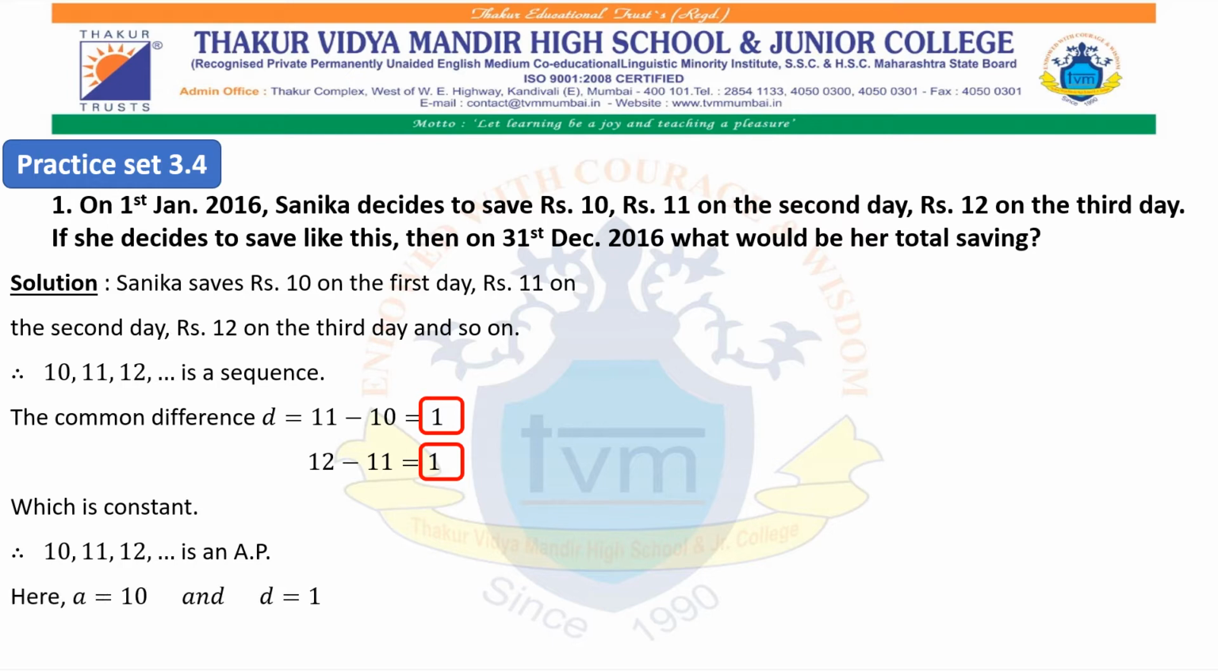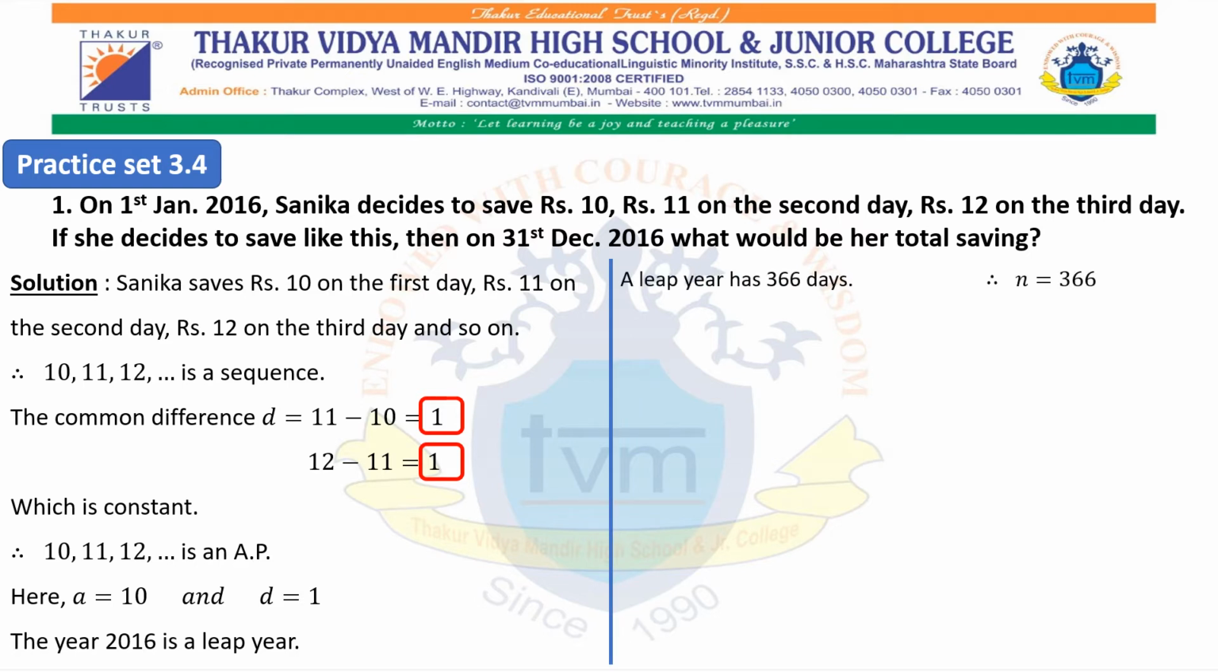Here a, the first term, is 10 and the common difference we got is 1. They had given us information about the year 2016, and 2016 is a leap year. Therefore we will specify that the year 2016 is a leap year, and we know in a leap year we have a total number of days, which is 366. Therefore we can take the n value as 366. Now by using the formula of Sn, we can find out S